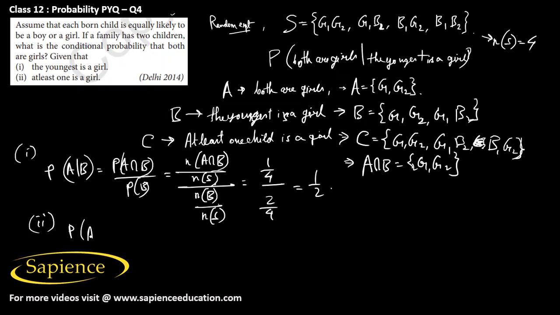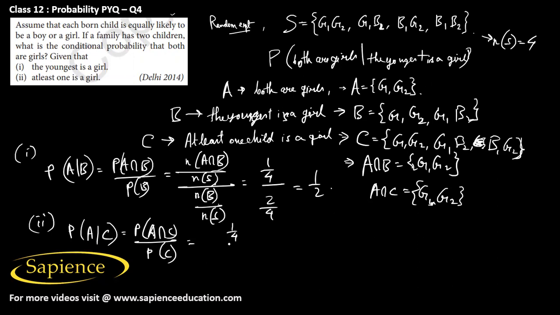It means we have to find P of A given C. So that would be P of A intersection C divided by P of C. So we now have to find A intersection C. That will also be (G1, G2), so only one element. So this would be 1 by 4